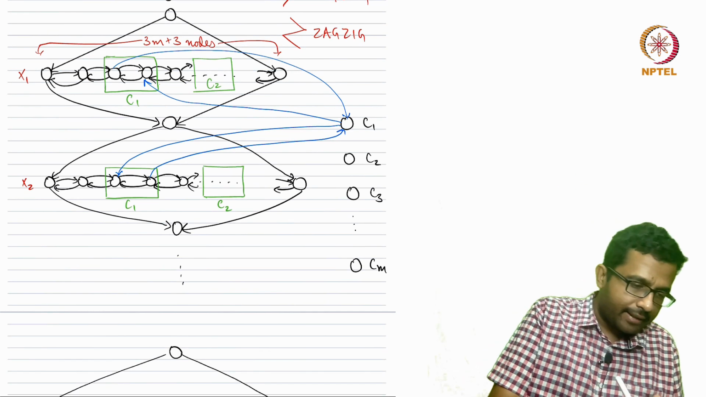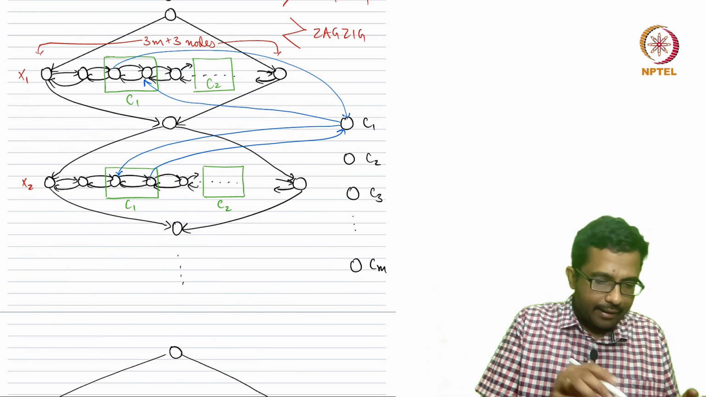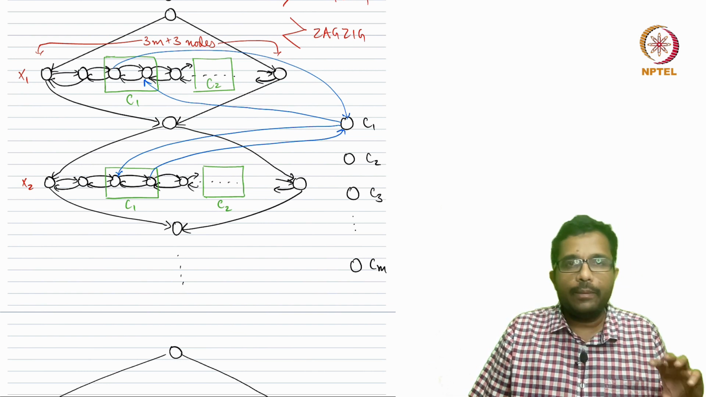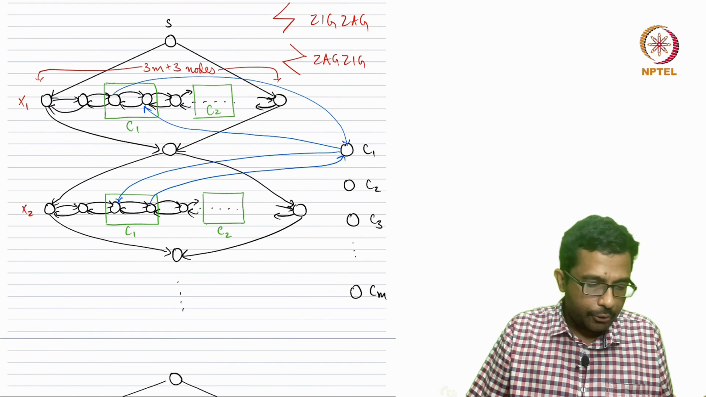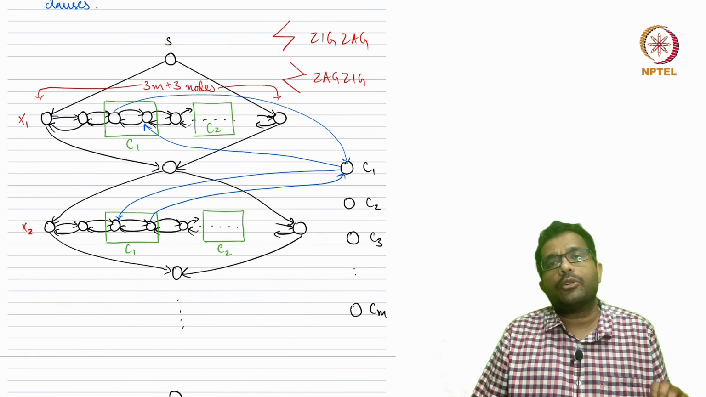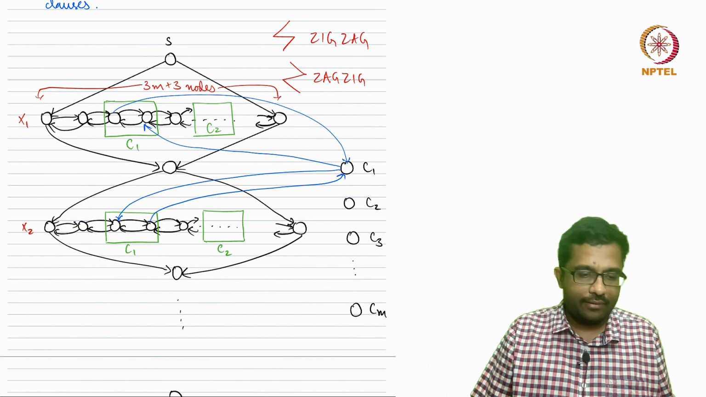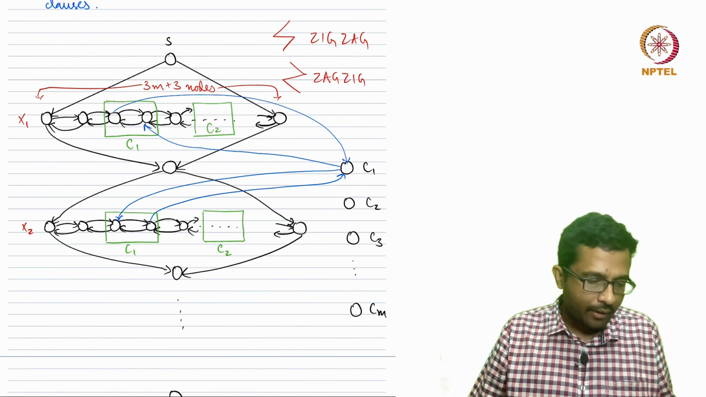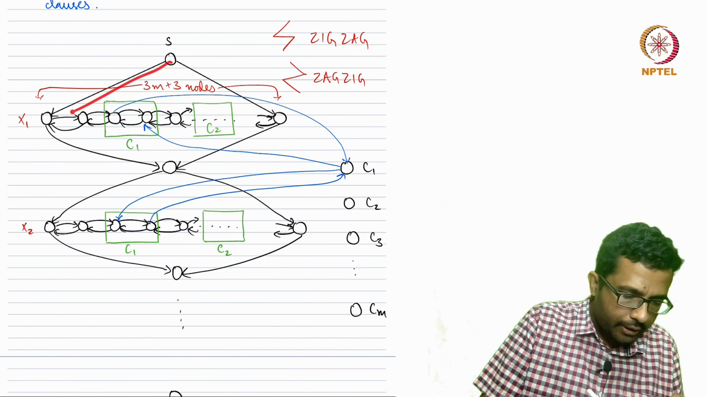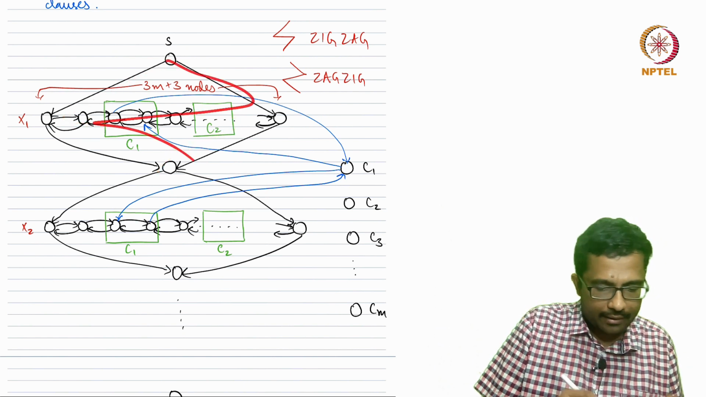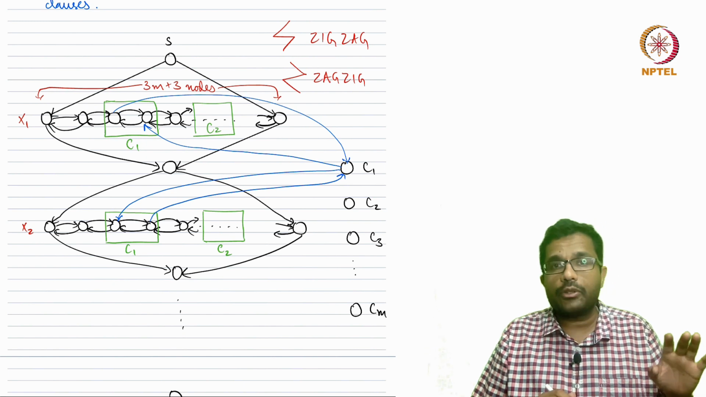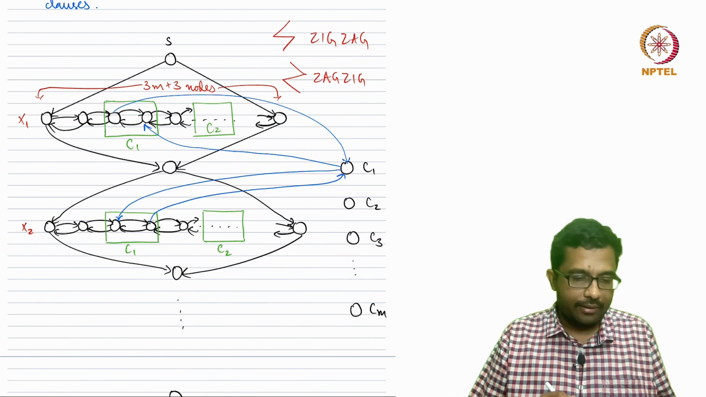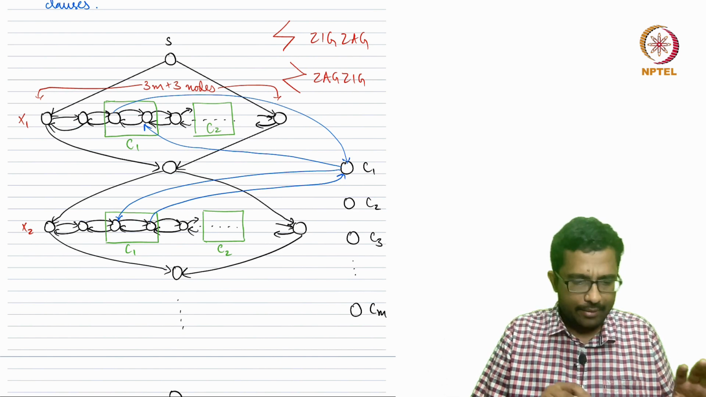So, starting from S, the idea is the following. This zigzag will correspond to the variable being set to true, and the zag-zig will correspond to the variable being set to false, right. So, that is the kind of correspondence that we will get to. So, starting from S, we could do this, which is zigzag or zag-zig, and as I said, zigzag corresponds to the variable being set to true and zag-zig corresponds to the variable being set to false. So, how that correspondence comes, we will see in a bit,